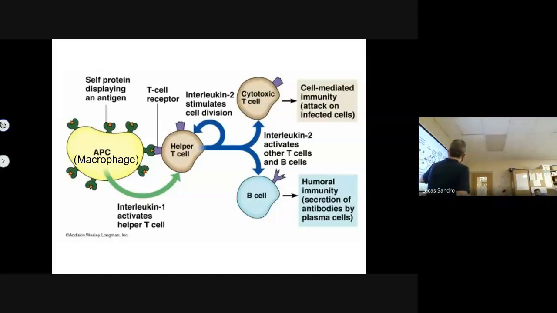Where we're going now is what we call humoral immunity. It's called humoral for old reasons, because in old medicine, they decided that diseases were caused by imbalances in different humors. One of those humors was blood. Anyway,